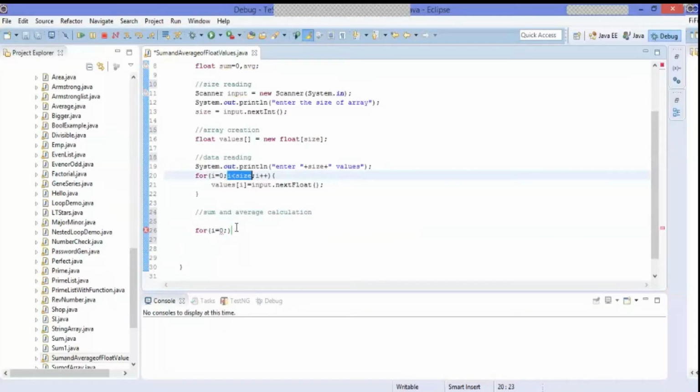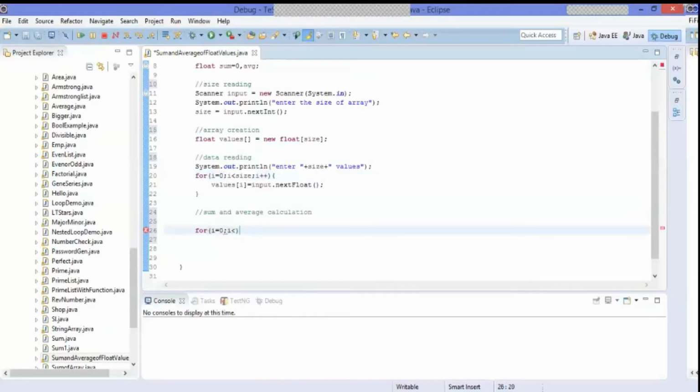That means whenever you are working with arrays, commonly you get an exception called array index out of bounds exception. That means if you are trying to access data which is not within the limits, that is, you are trying to access by an index number that is not in the size, then it may raise an error called array index out of bounds exception.